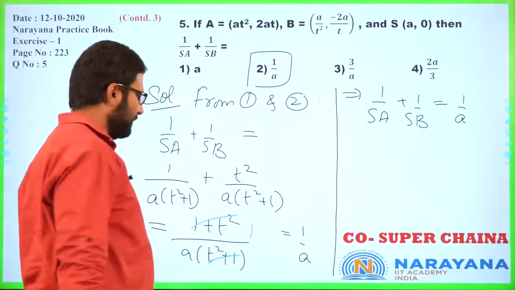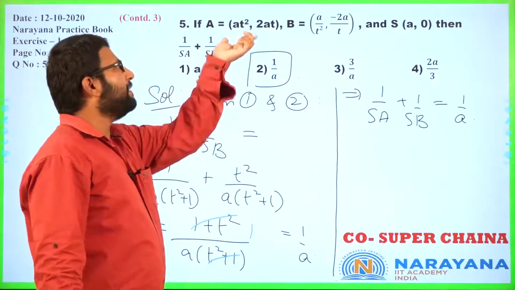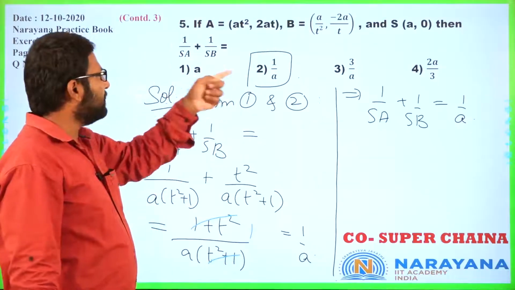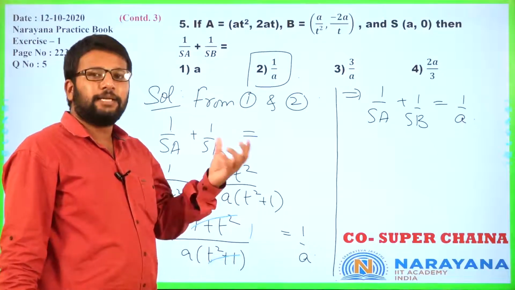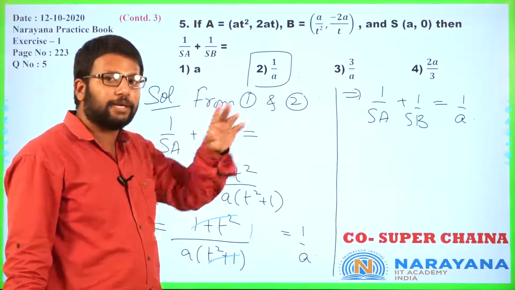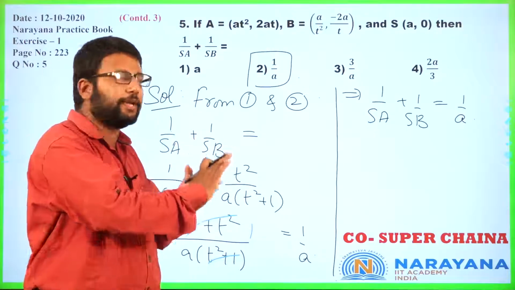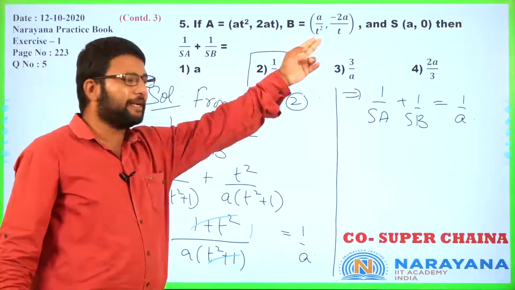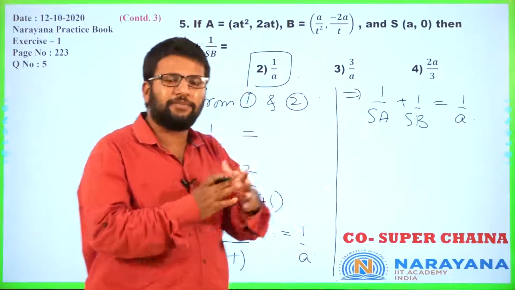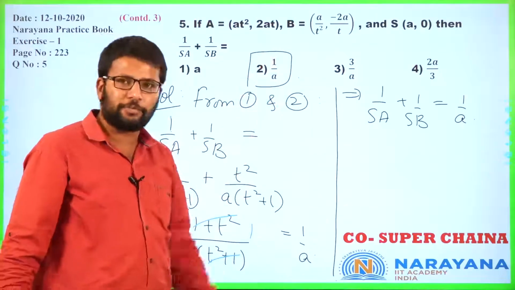Alright? Now, you might wonder, why will anyone think of these numbers? How is it that everything got cancelled? How did we just get 1 by A? There is a lot of geometry behind this. You will get to this when you get to the conic section chapter in 12th standard. Right now we are just using the distance formula. But when you get to conic sections, you'll realize that these are points of a parabola, and this is the focus of a parabola, etc. The focus of a parabola and a line through the focus have very special properties. This is one of those properties.